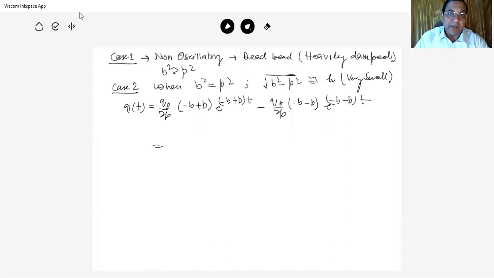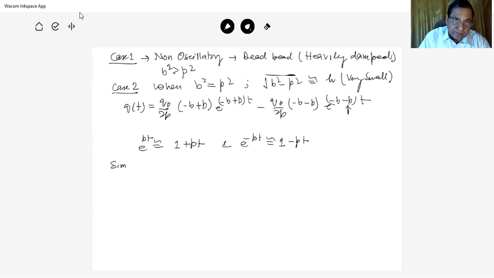Quantity very small में e raised to the power pt यदि हम बात करें तो this is approximately 1 plus pt, और e raised to the power minus pt की बात करें, then it is approximately 1 minus pt हो जाएगा. तो simplified case is